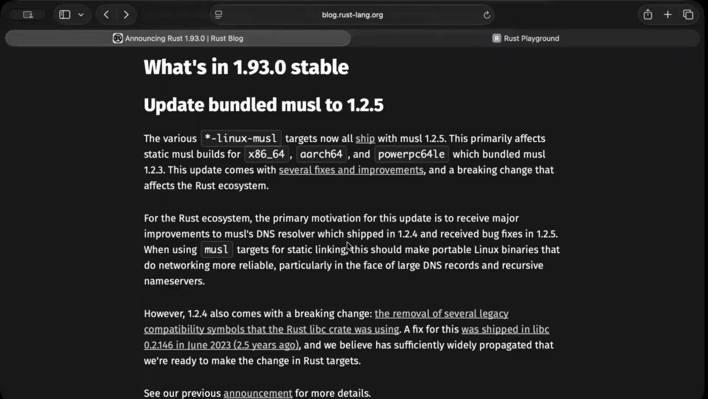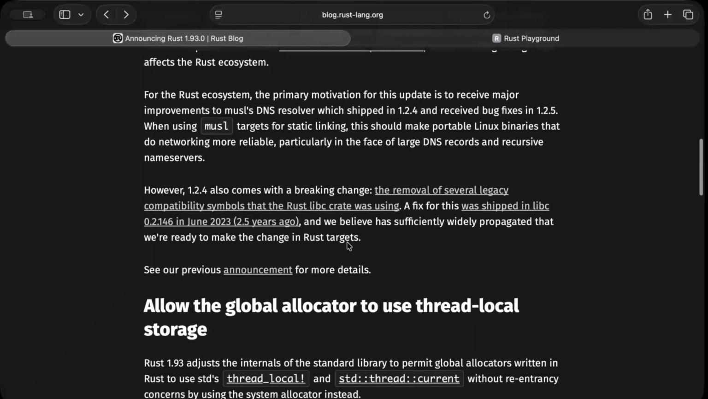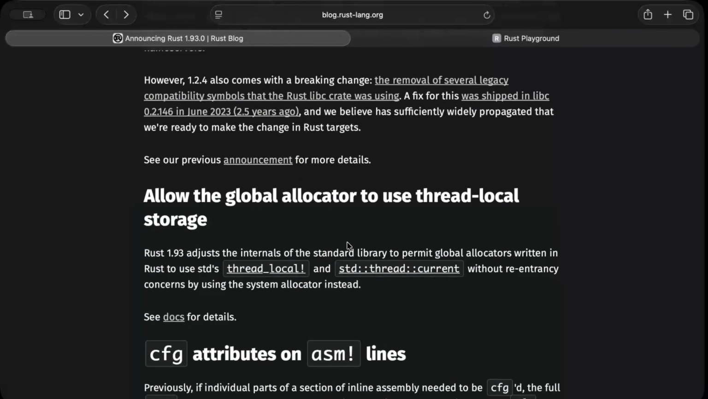The second change that we have is actually pretty interesting, if you have been working with global allocators. If you have ever worked with a custom global allocator in Rust, it had its own limitations. For example, using standard thread local storage or calling the current thread inside your allocator could cause reentrancy bugs. So what exactly is reentrancy? Reentrancy happens when a function is entered again before its previous execution finishes, causing unexpected recursion or some